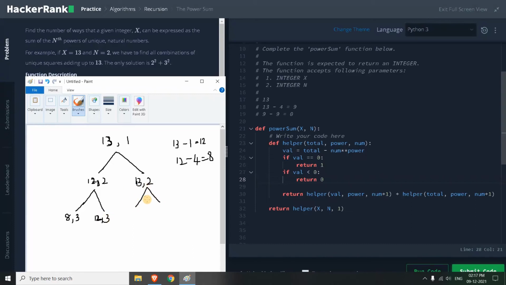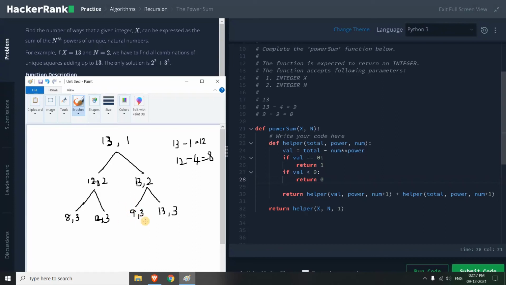And this will be 2 power 2 is 4, right? So this will be 9, 3. And the next one is the initial number itself, 13 and 3. Again for this one we will go further, but I'm just going for the final value.